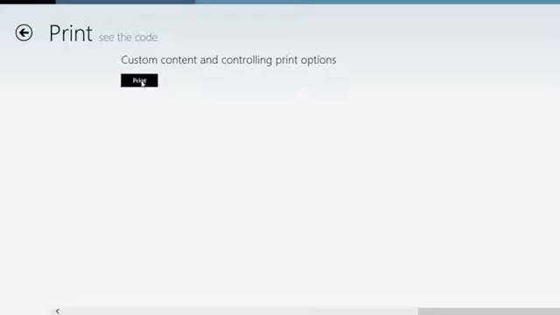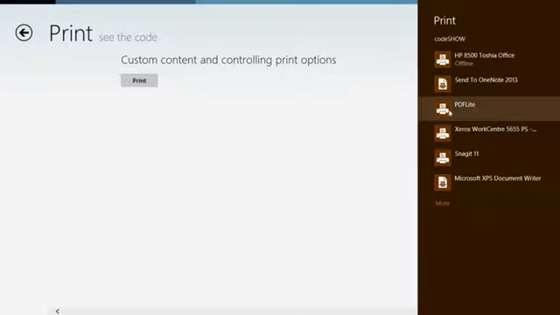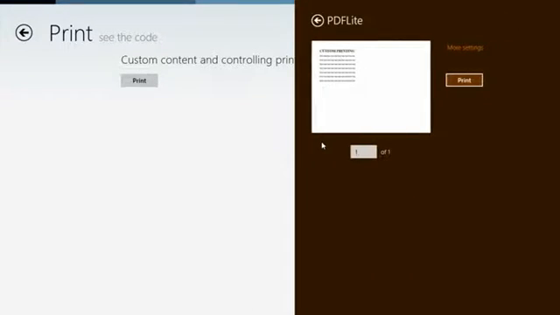So I'm going to click print here, and I'll choose the PDF Lite again. You'll notice that inside the print job, first of all, it's in landscape orientation. The other two examples weren't. I don't have any other options here. I basically can print. There is a little link for more settings, but what it's giving me by default is,